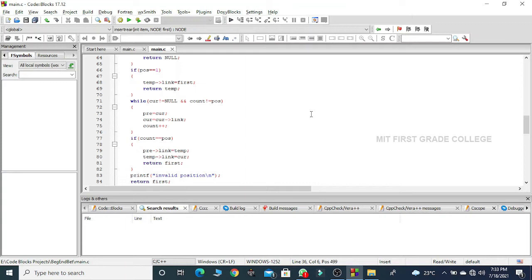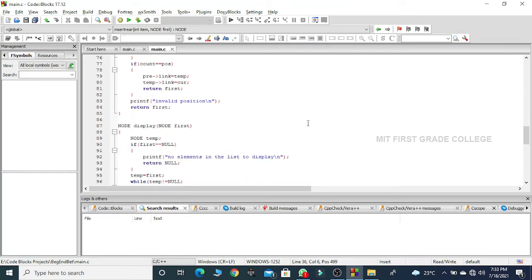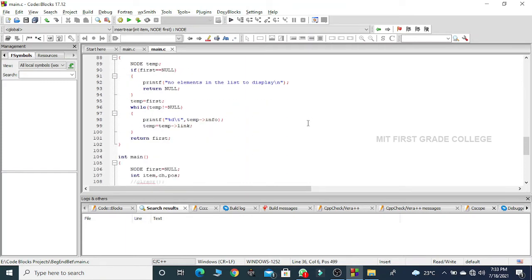So thus I'm inserting the node at a specific position, and I return the address of the first node inside my linked list. If all of these conditions become false, that means I have entered an invalid position, and I return the address of the first node inside my linked list.